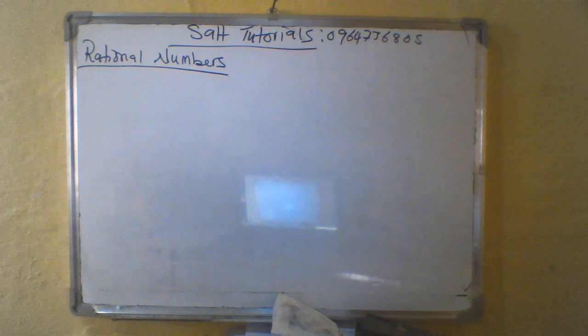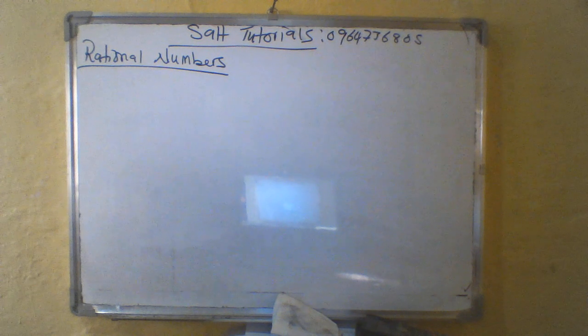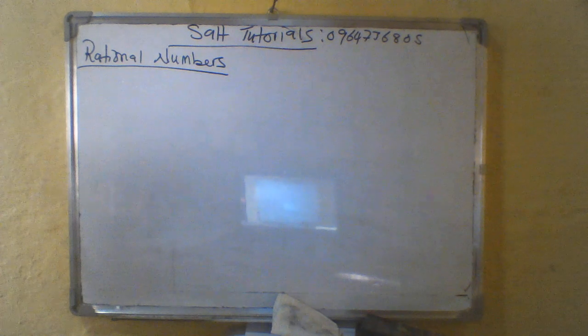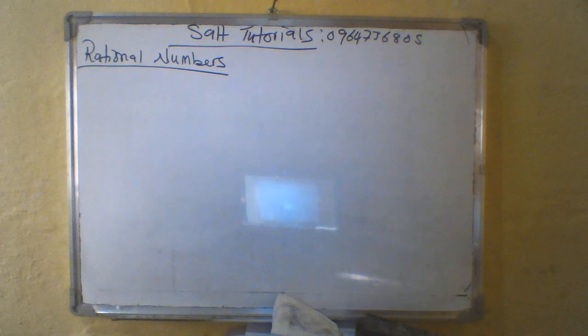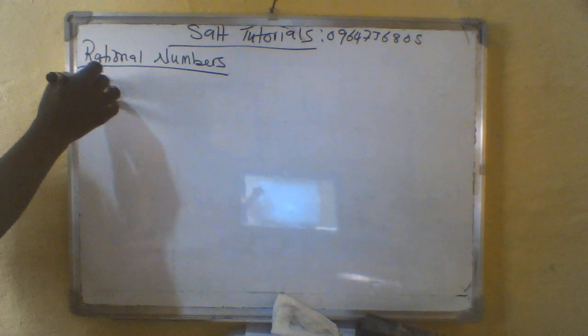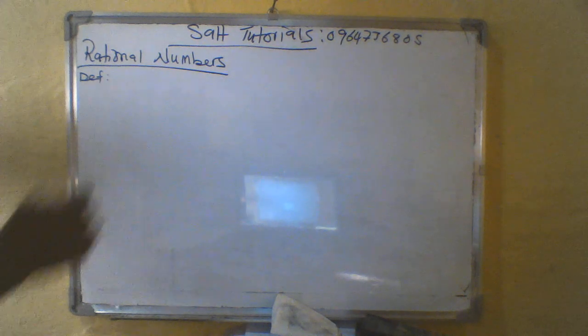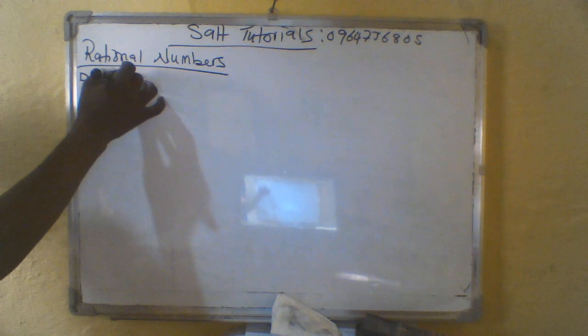So now, today I just want to narrow it down. This time I want to talk about the aspect of rational numbers. So yes, we know that rational numbers are a subset of what? Real numbers. And I believe I defined all the sets of numbers last time, but today I'm just trying to talk about rational numbers themselves. So what are rational numbers? Just from the definition, we are simply saying that rational numbers, these are numbers